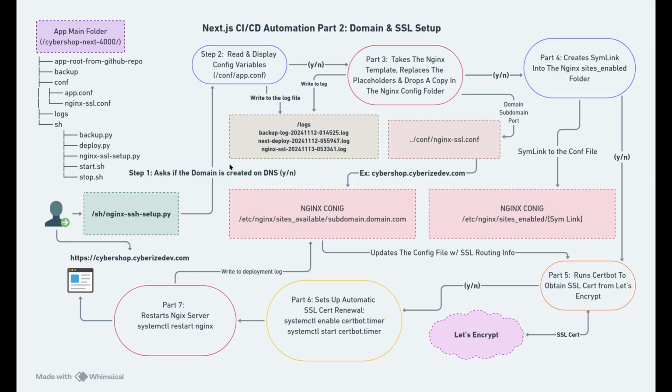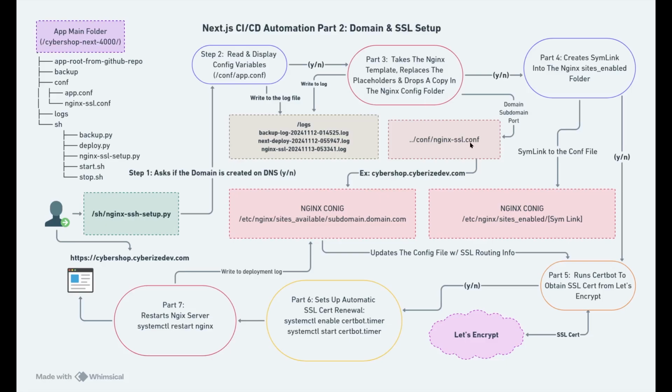So once that is done, we just go to step number 2, and this is where, just like on the previous script, it reads the app.conf and displays all the environment variables for the admin to verify. Meanwhile, every step of the way we're writing to the logs, and this time we're writing to the Nginx-SSL log. Okay, so once that part is verified, part number 3,